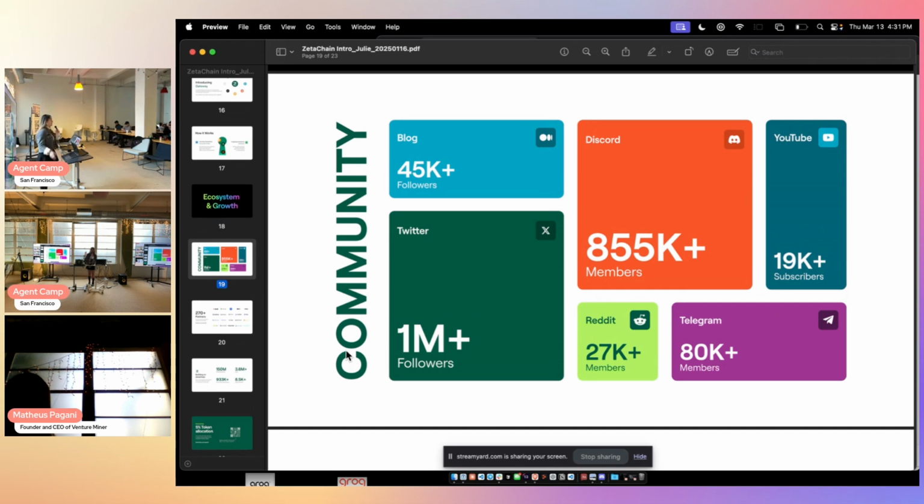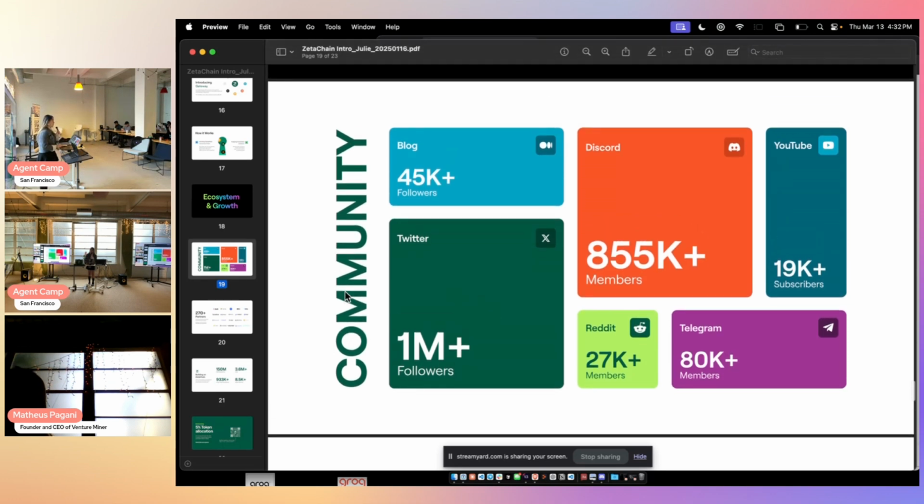I don't know if there are any developers speaking other languages today. At ZetaChain, we enable 16 languages for our websites and also Twitter. We also have community managers, so if you ever need any tech help, feel free to reach out to them. We have those Twitter channels open as well.